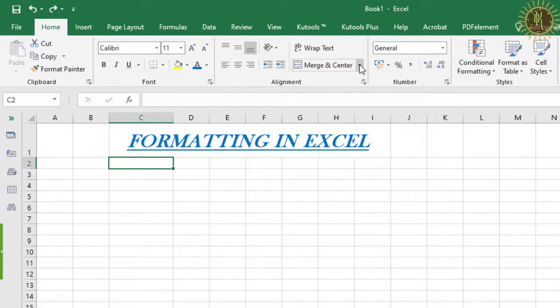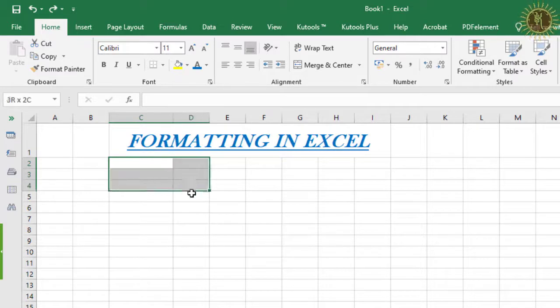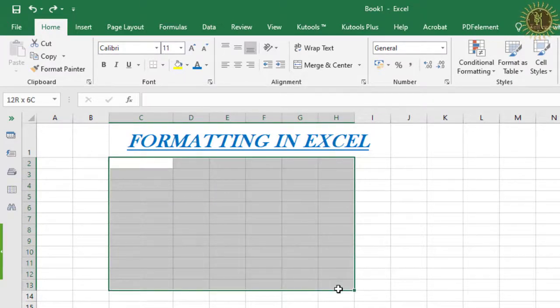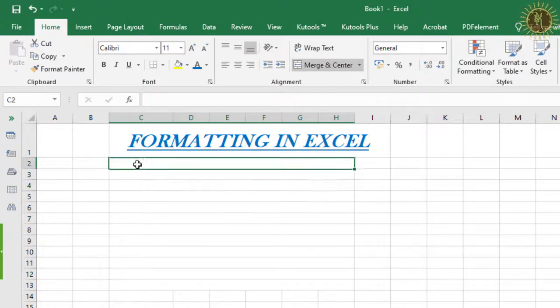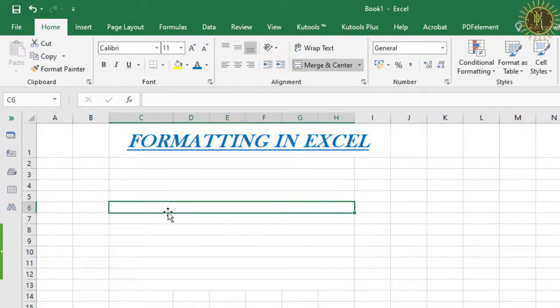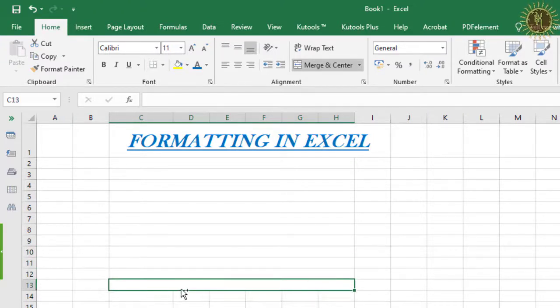After that, the second option is Merge Across. What happens in Merge Across? Suppose we select this many cells, it will merge all these cells in a horizontal way like this. Let us see Merge Across. You can see all these cells have been merged in a horizontal way like this.